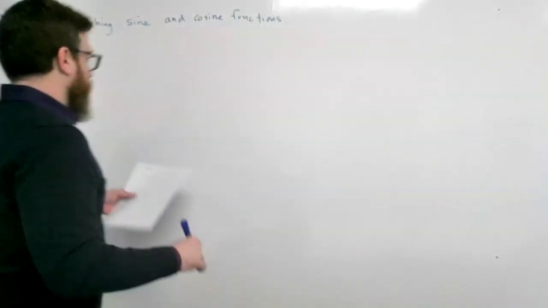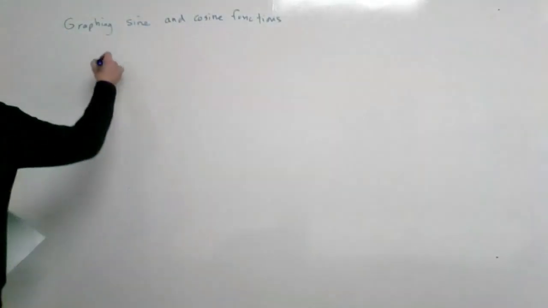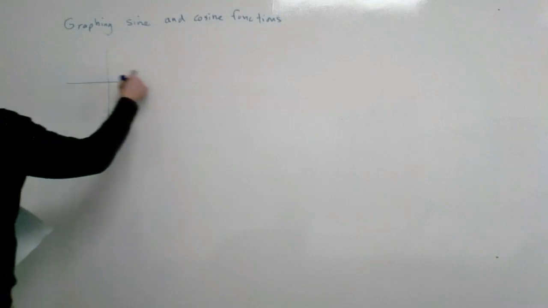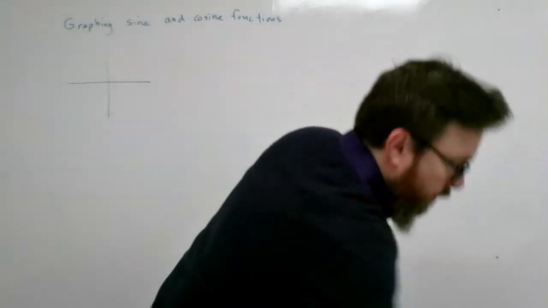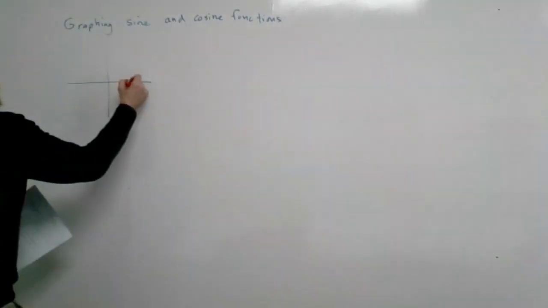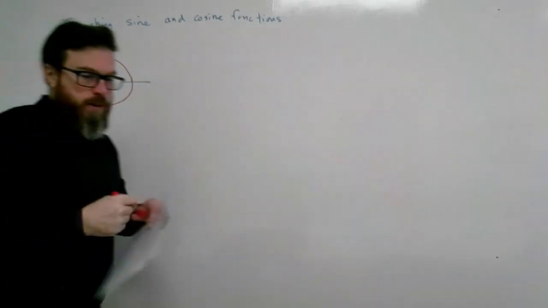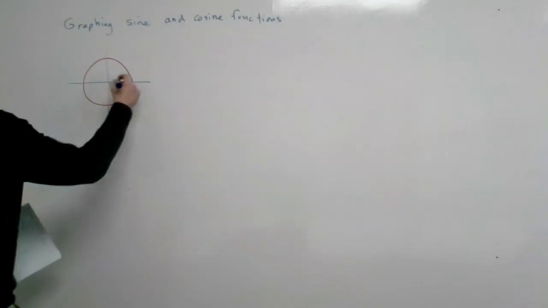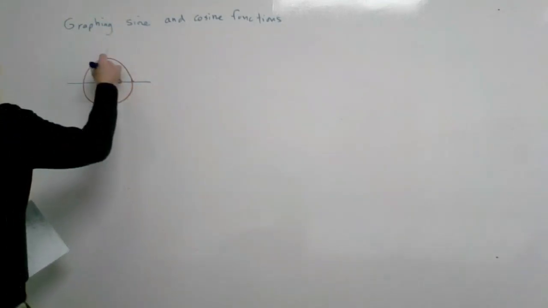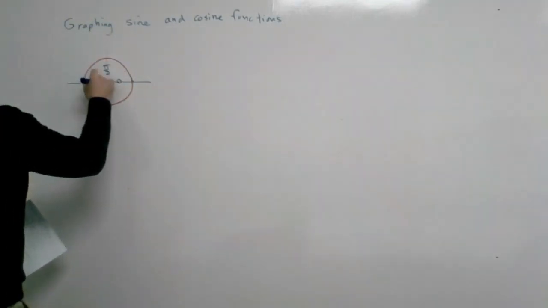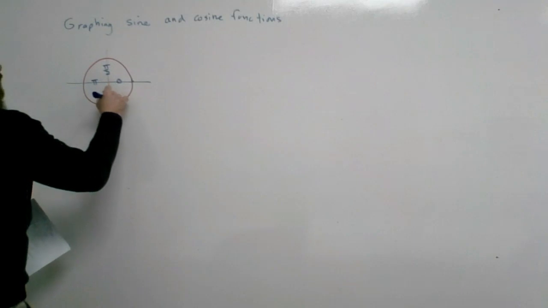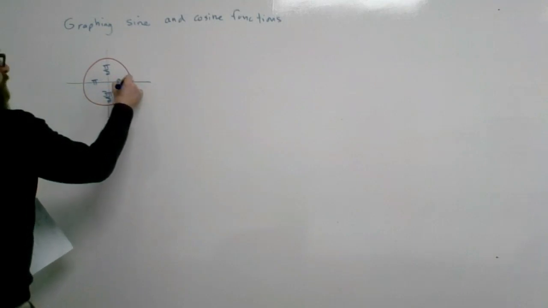So in graphing the sine and cosine functions, we want to really look at the unit circle to find our 5 key points. Our unit circle is a circle of radius 1, and the 5 key points are the points on the quadrantal angles: at 0 degrees, pi over 2, pi, 3 pi over 2, and then back to 2 pi, which is going to be on the same